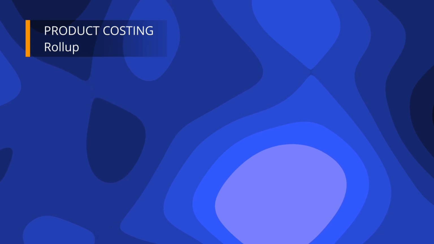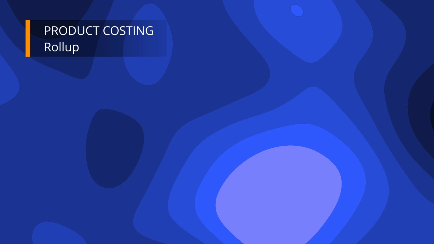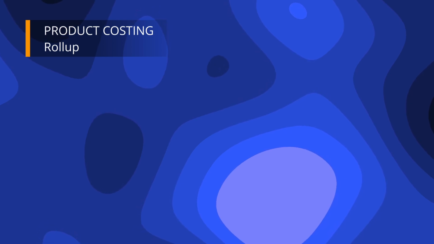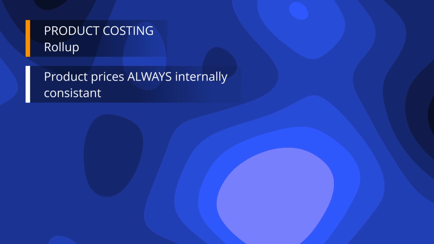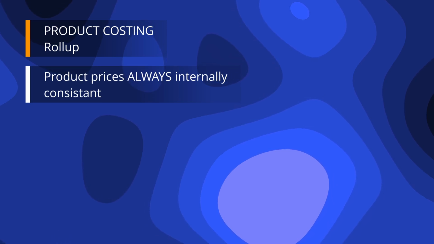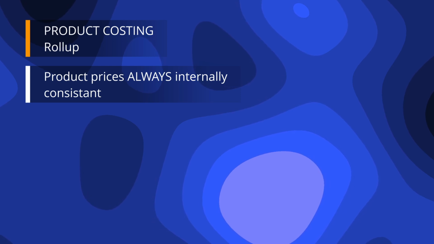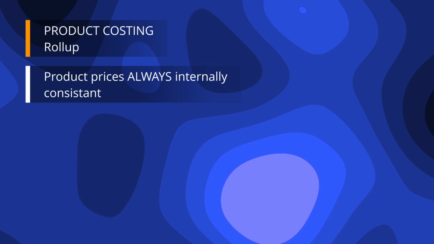After learning about how the formula for each product cost item is generated to calculate its value, let's now explore how the product cost structure is rolled up to determine the selling price of the product. Mercenter always maintains internal consistency between the cost structure, the product configuration, their dependencies, and the product prices. As a result, the product costs are continually recalculated or rolled up to ensure that only valid and up-to-date prices